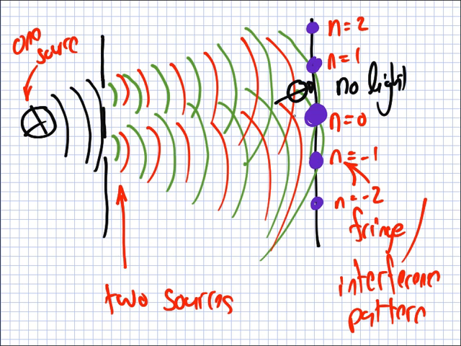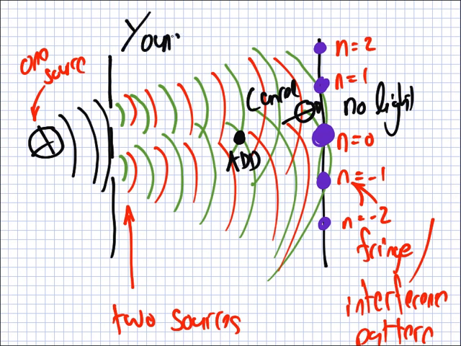Now, what you can have here, we have a cancel. And then for example here, what's happening here? They add. Yes, this is called